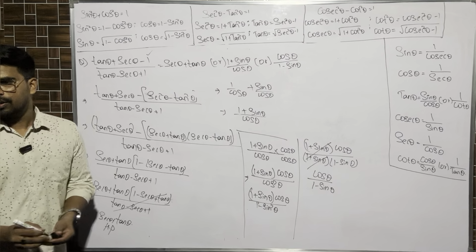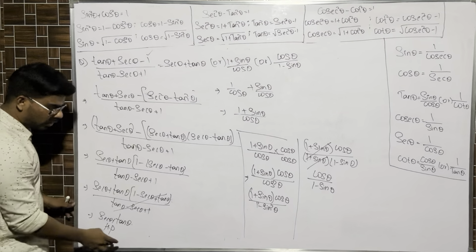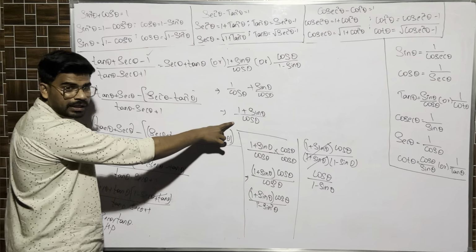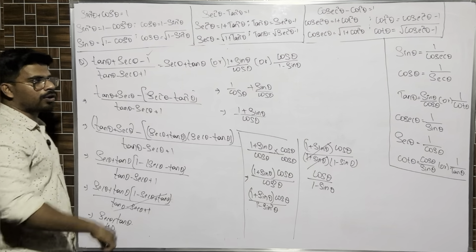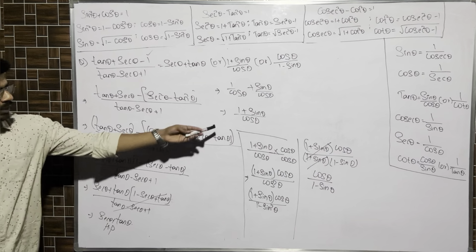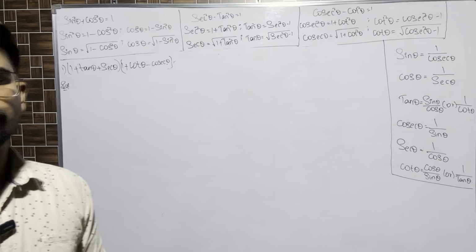Till this point also it can ask us to prove. So if it is given till secant plus tan, you have to stop here only. If he has asked us to prove till 1 plus sin by cos, you have to stop till here. If he asks us to prove till cos theta by 1 minus sin theta, from this point you have to multiply both the numerator and denominator by cos. That you have to remember.